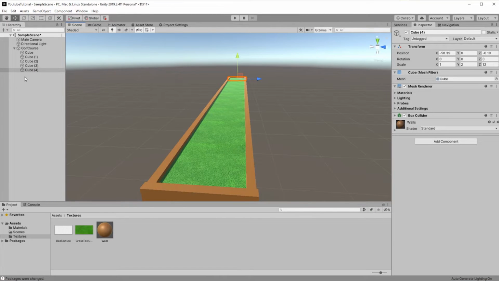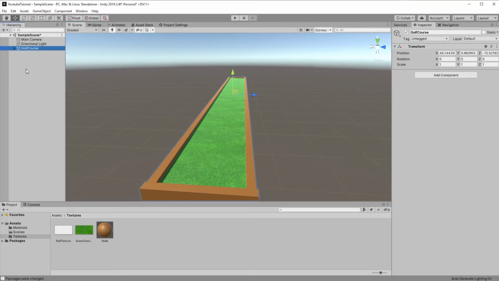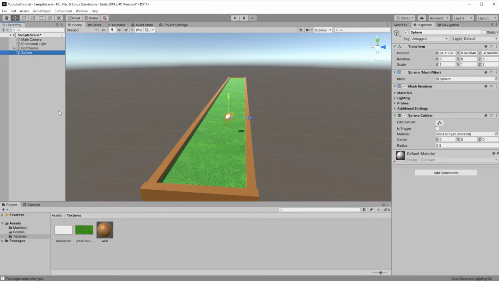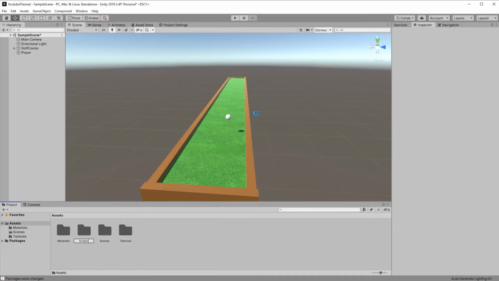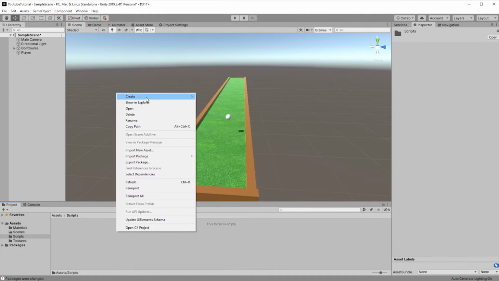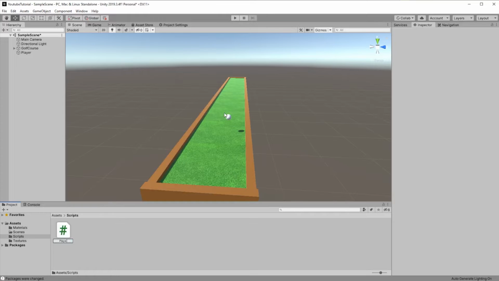After you're done doing this, you have to create a sphere, which is going to be our player. Now, we have to create the scripts. Let's call it player movement.